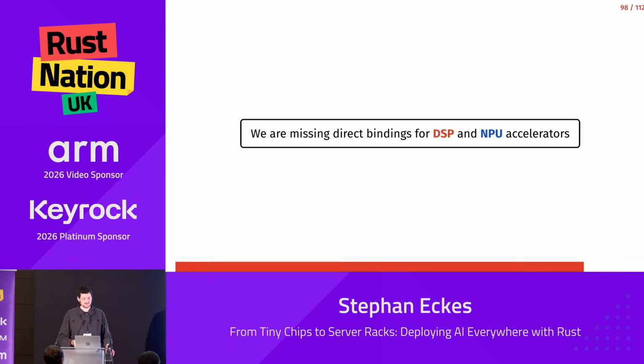If you just want to target AMD hardware, you will get access to most of the ROCm stack here. But yeah, the biggest thing for Rust is, I guess, we're missing bindings for DSP and NPU accelerators. We had a lot of clients asking, for example, for headphones. And on headphones, you cannot run on the CPU. It will use way too much battery. So they have DSPs inside, like the HiFi chip from, how's the company called? I just forgot it. But I think the current Intel CEO was at this company before. And those are incredibly fast in doing those matrix operations and energy efficient. But in Rust, there's just no way to access that because the vendor has to deliver the toolchains.